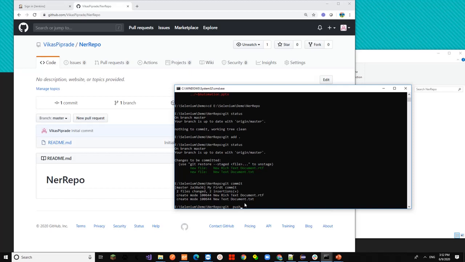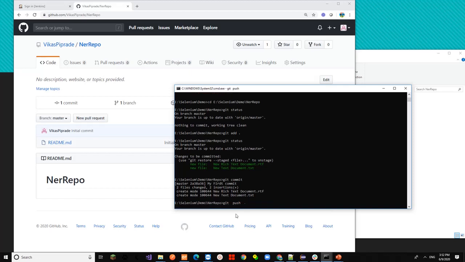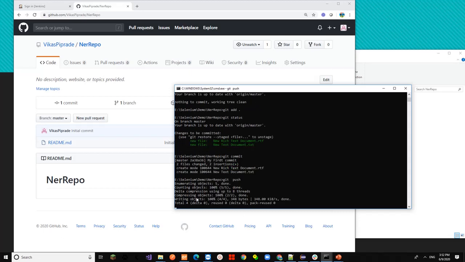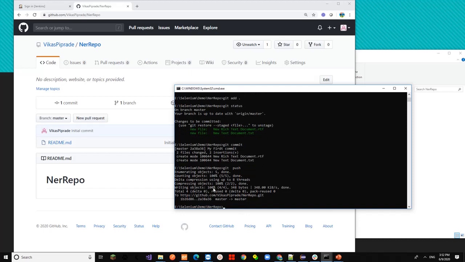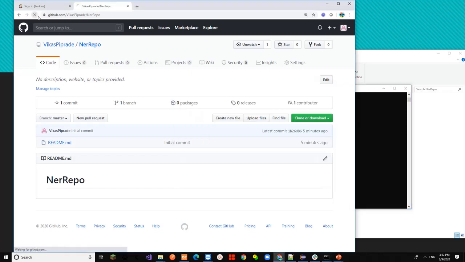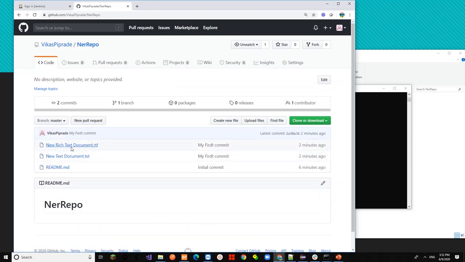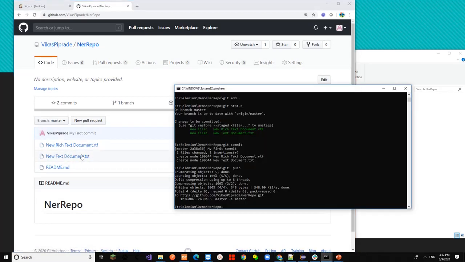Once it is pushed, these new files will be available on the git repository. It will show the status, and once it is done, it will show this message. If I refresh this repo, it will show up the new files, and that is how local files are added into the GitHub repository.